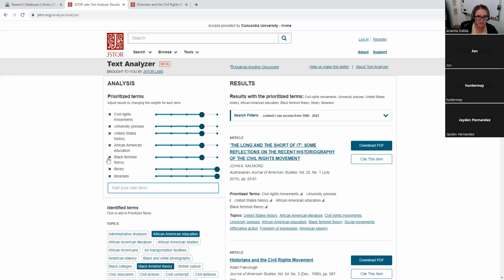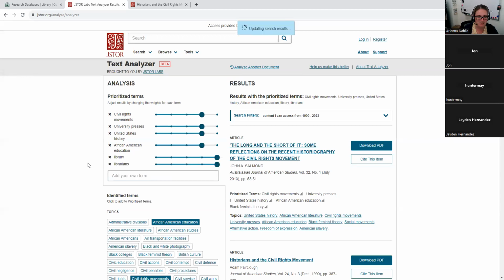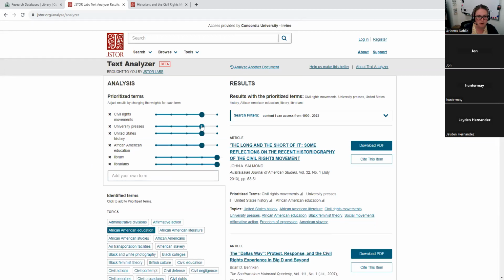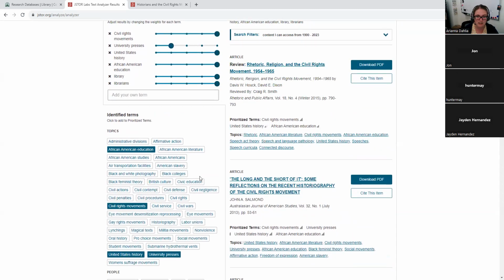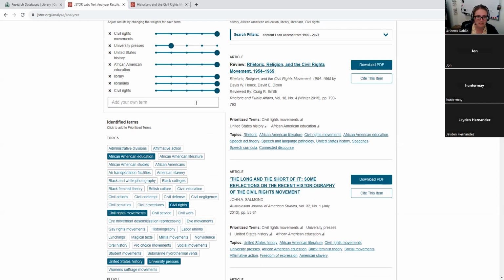Maybe we don't care about the Black feminist theory aspect of the article, but we do care about university presses and want the United States. Or maybe we don't care about the university presses, but it's still interesting and we're open to it. We see a whole list of additional suggested key terms that we can use to add in additional terms